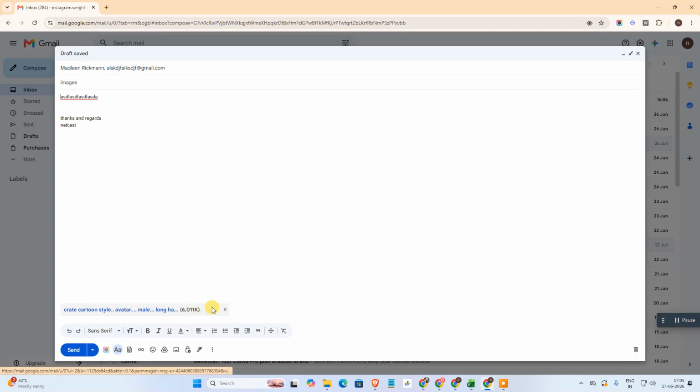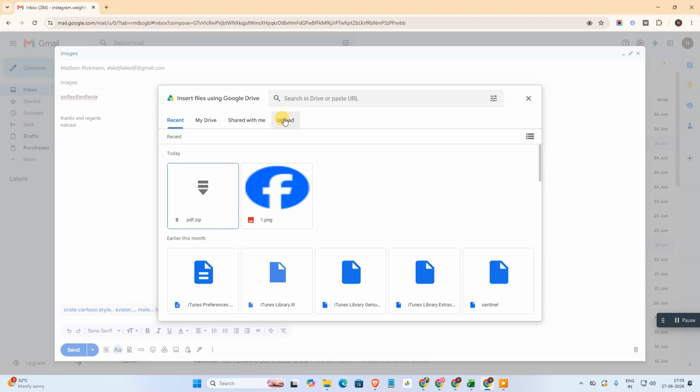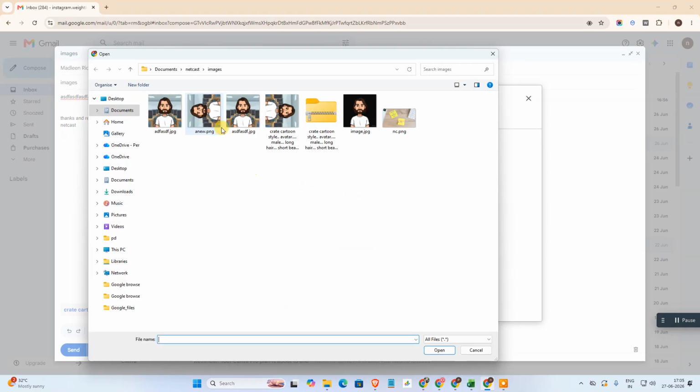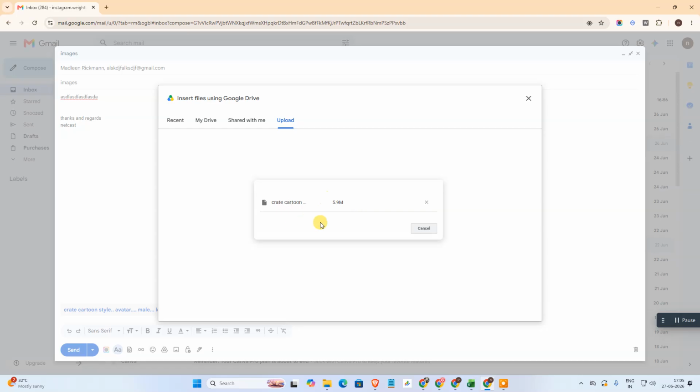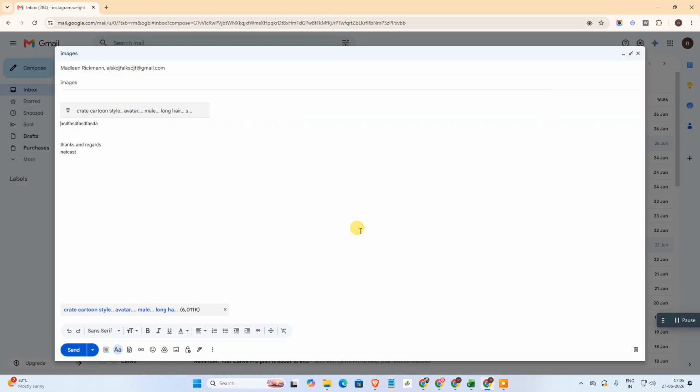But if you have a large file of photos and you want to send it via email by creating a zip file, you can also use Google Drive. Under Google Drive you can upload that zip file. It will be uploaded in Google Drive, and it will be attached here like this. You need to keep the cursor where you want to attach. Go to Google Drive,